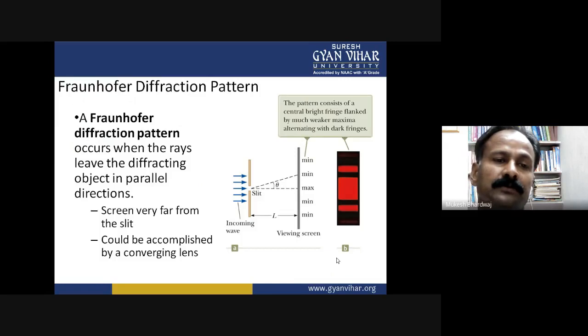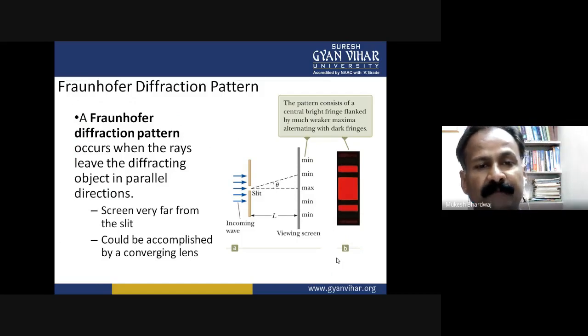Now, the Fraunhofer diffraction pattern, as there are two types of diffraction. One is the Fresnel diffraction, the second is the Fraunhofer diffraction. A Fraunhofer diffraction pattern occurs when the rays leave the diffracting object in a parallel direction, with the screen very far from the slit. This could be accomplished by a converging lens. As you see in the figure, the incoming wave